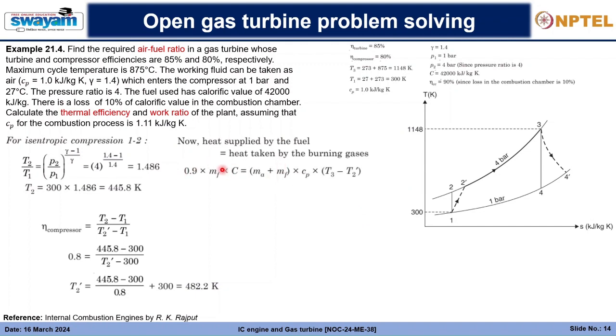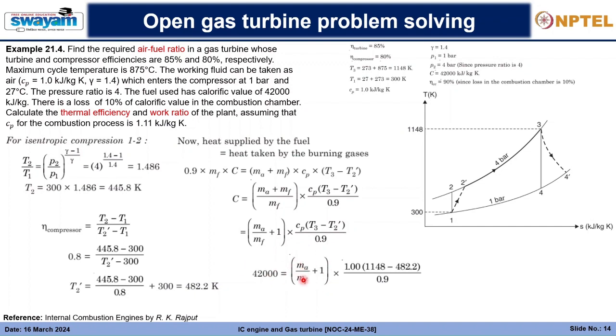Let us see how. So here everything is given except the air fuel ratio part, and we have to divide the whole thing by mf. If we divide it by mf, we will get ma by mf plus 1, and all the other values are known. Accordingly, if we solve for ma by mf here, we will find ma by mf equals 55.77, say 56. So the air fuel ratio is 56, that is required to achieve these conditions. Next,